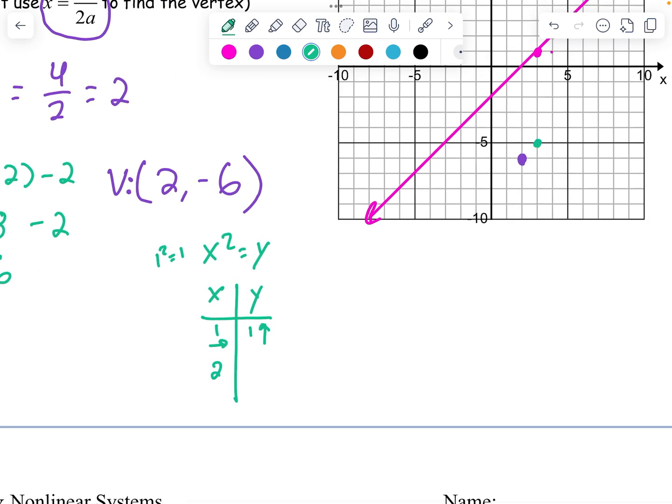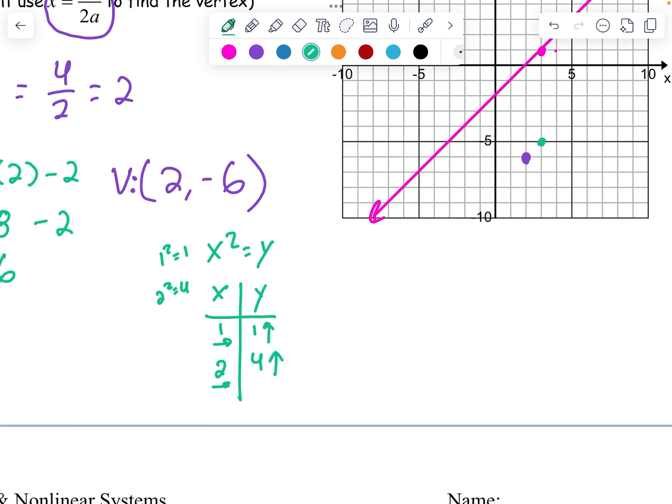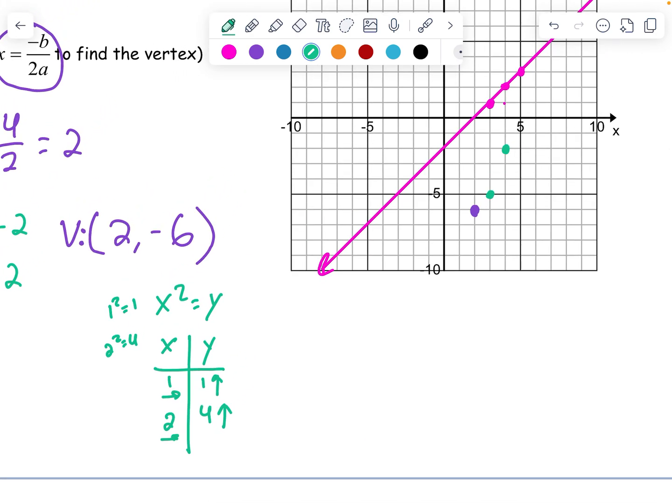And then the next value that would be nice would be 2. So if we plugged in a 2, 2 squared would give us out 4. So that means we'd go to the right 2 and then up 4. So right 2, up 4, 1, 2, 3, 4, puts us here. Was that 4? Yeah. And then we can just graph across the axis of symmetry, which is going to put us right here, and then